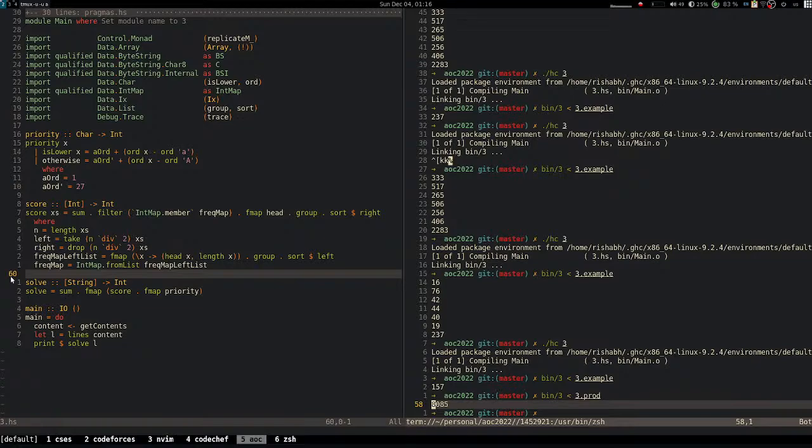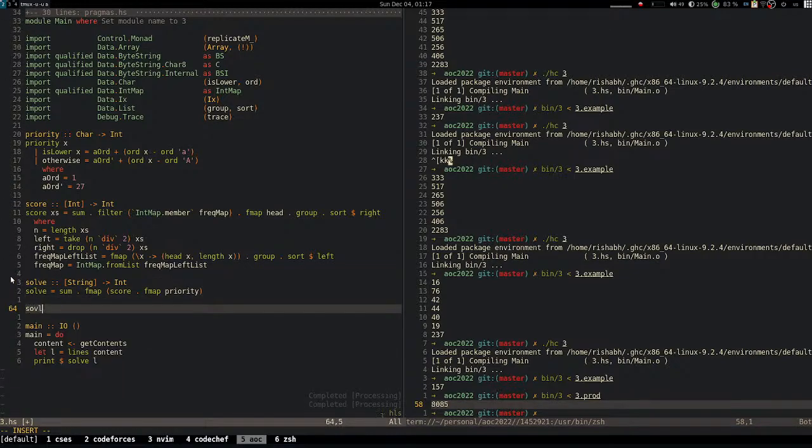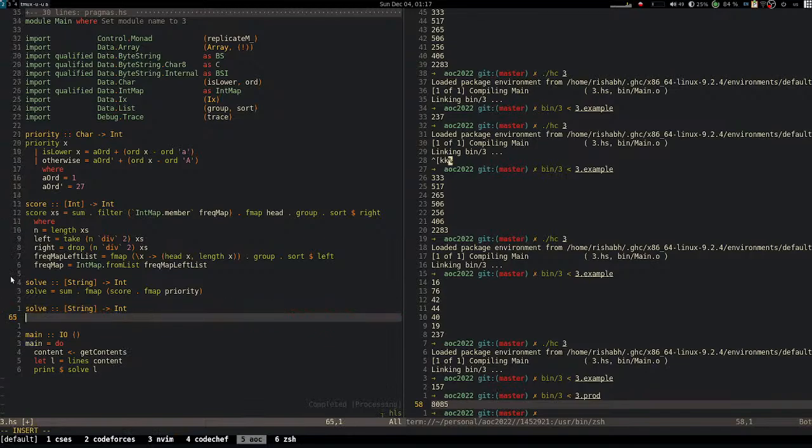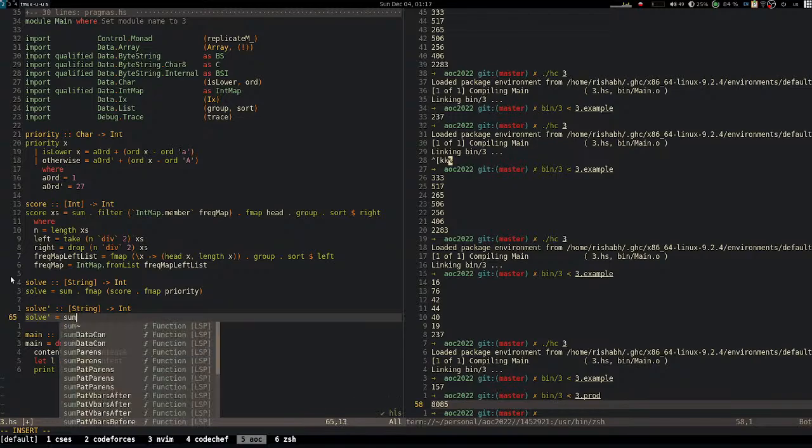That's interesting. So it's again about finding the common thing. And yeah, can we do that? I can. It's easy. We just need to make our function a little bit more useful. So again, we have a list of strings, and I want an integer, and this time it's solve prime, and